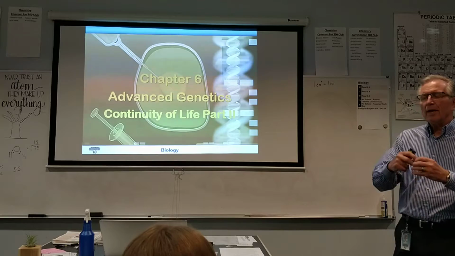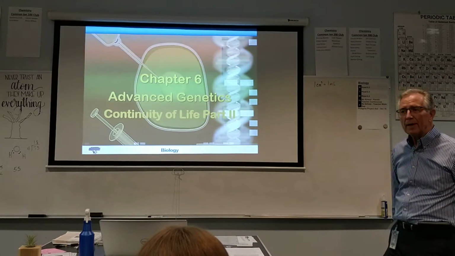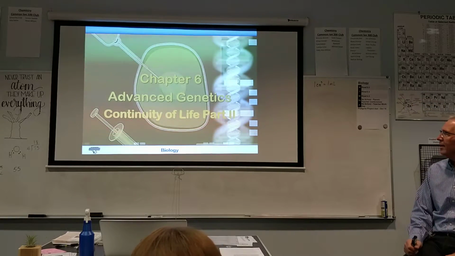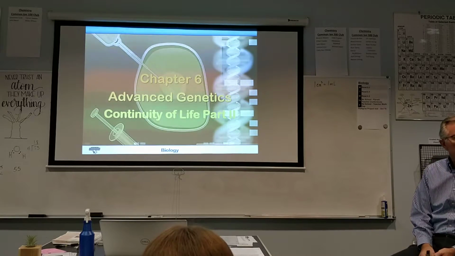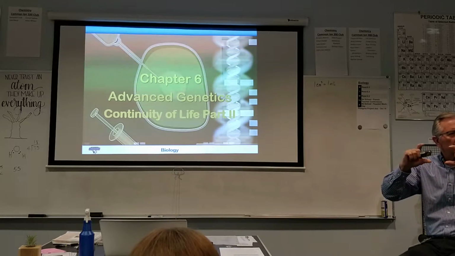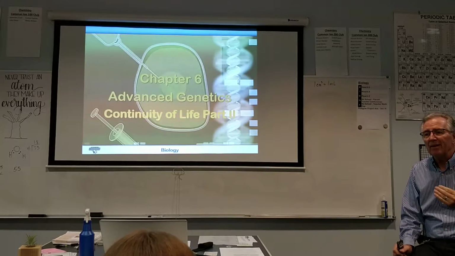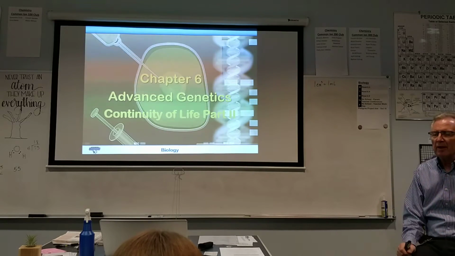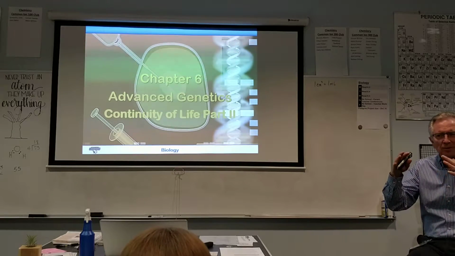Chapter 6 is kind of like an extension of what we learned in the last chapter. This is Genetics Advanced, the advanced version. In the first version, we learned about all the ways that follow the normal pattern of genetics, what we call Mendelian genetics. In other words, it follows a normal pattern of dominance and recessiveness. This is going to cover a lot of the things that are a little bit different than this,